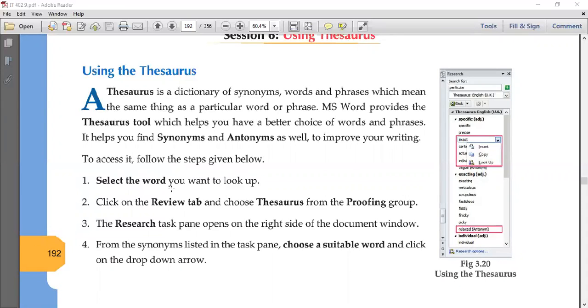Now, to access this option, first of all, we need to select the word. Then in the review tab, we have to choose thesaurus from the proofing group. So go to the review tab, go to the proofing group. There you will find this thesaurus option. And then the moment you click this option, a search task pane opens on the right side of the window. As you can see in the figure given on this side,